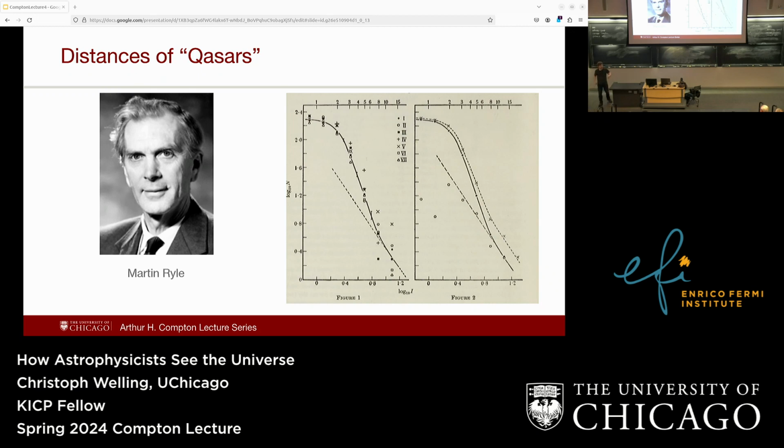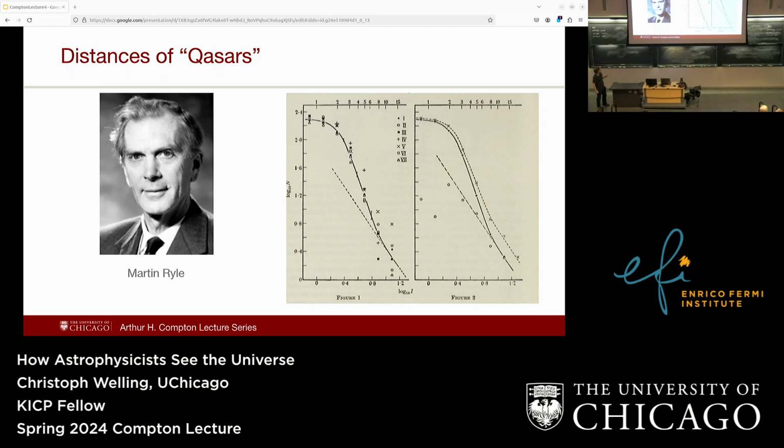But if we have something like a Big Bang where the universe was different in the past, then there might be more of these or fewer of these in the past than at more recent times. So, for example, if there were more of these in the past, we should see more of these weaker sources than of those brighter sources. And that's what he did here.